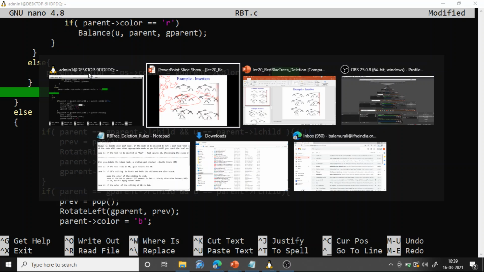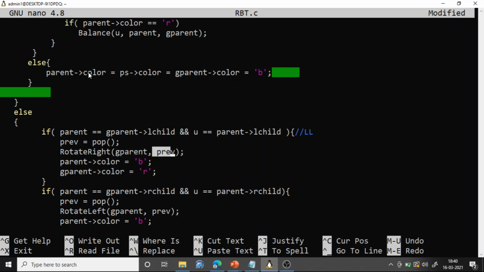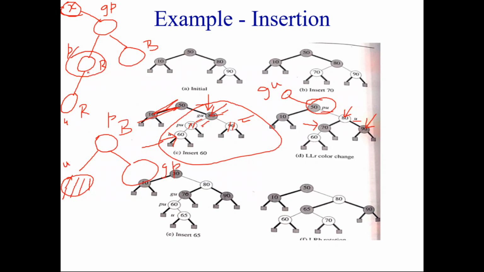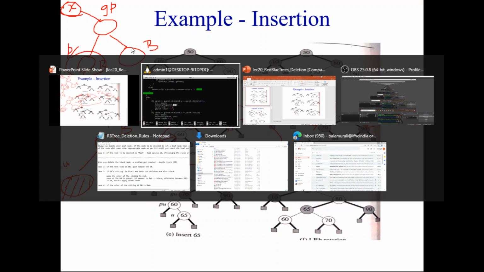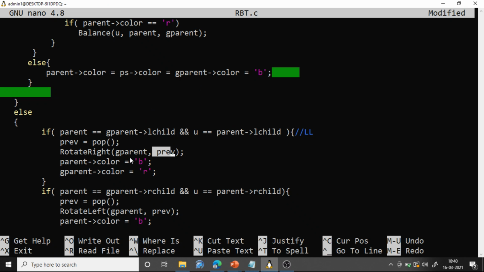So make P black and make grandparent red. Make this particular node black and this particular node GP red, because this is coming down.